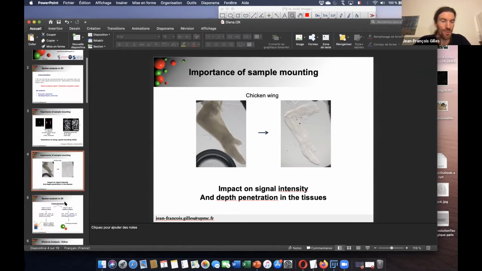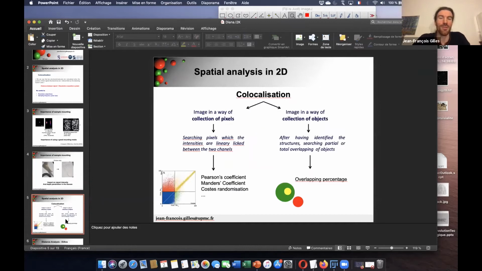Just an introduction. For colocalization, we have two possibilities. You have a collection of pixels and do a comparison of the intensities, like you may know Pearson coefficient, Manders, and things like this. And there is another way to do colocalization: it's object-based.